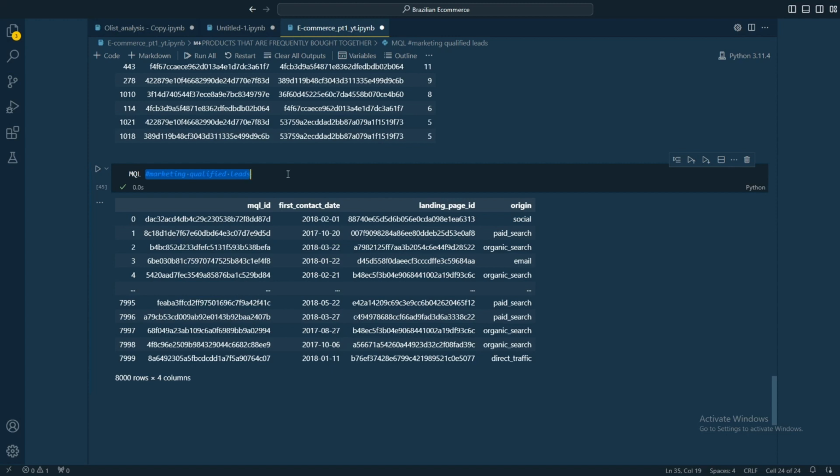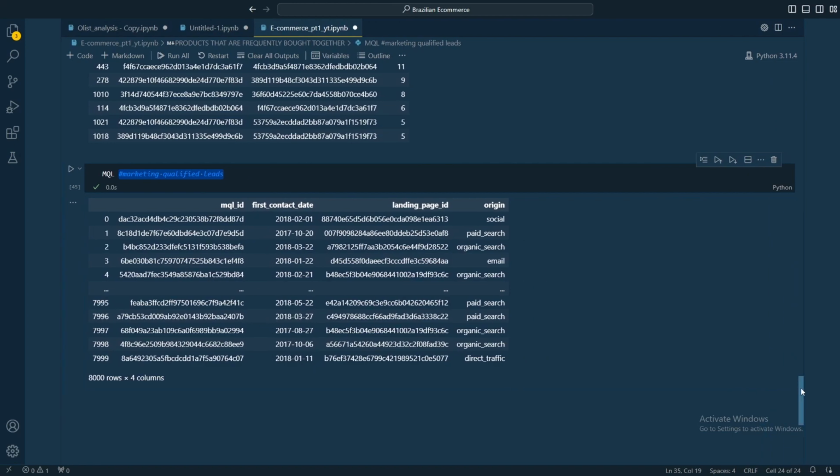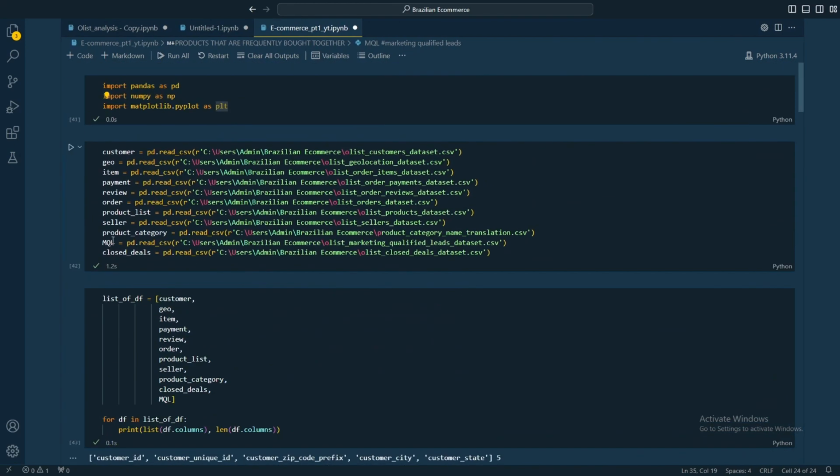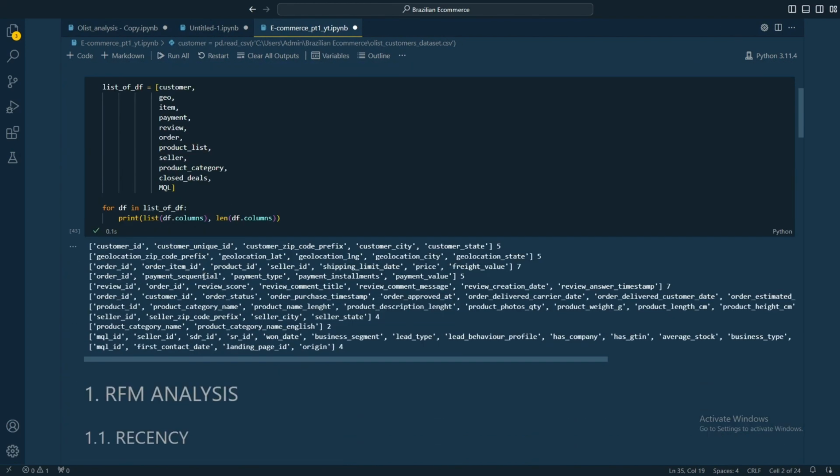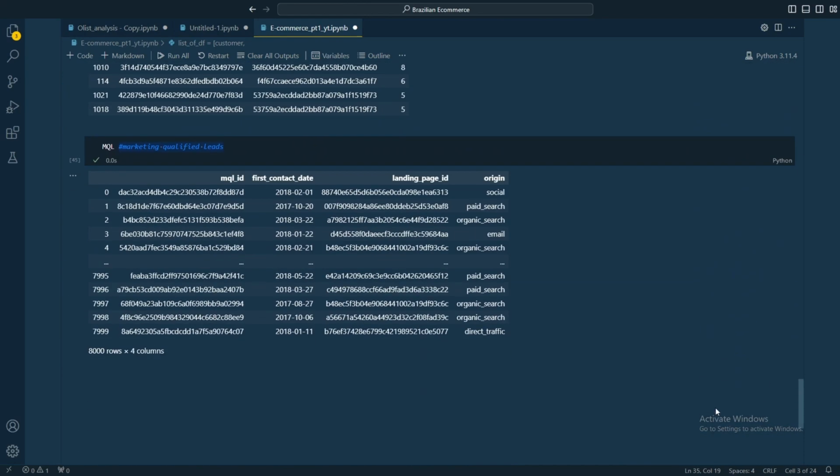And if you're not understanding what I'm talking about, it's probably because you haven't read the data card of this data set to understand the concept behind the business of this company. It is an e-commerce, and the data frame seller and the marketing qualified lead is dedicated to leads, or you can say the sellers. And right now we want to know from which channel the leads come from,